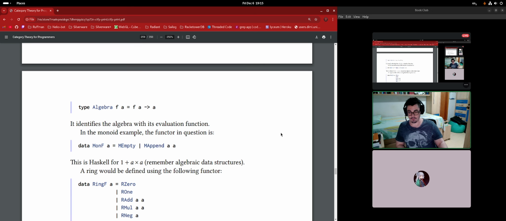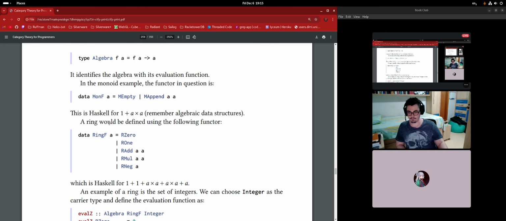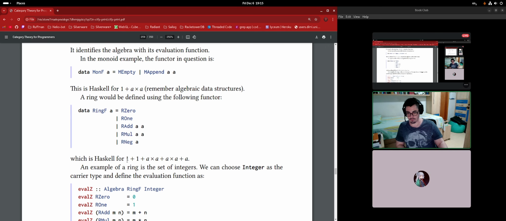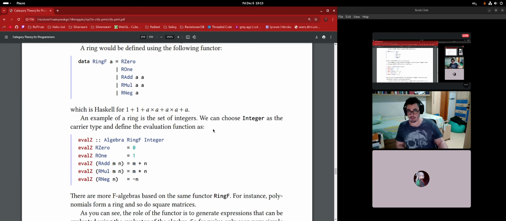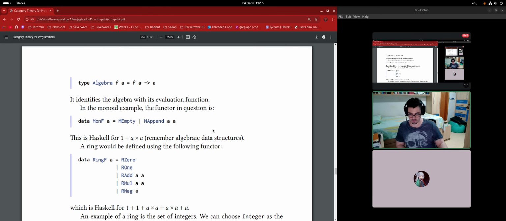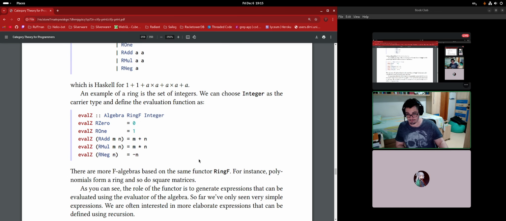So this is the monoid, right? So the MonoidF, it grabs the thing, and then it has the empty and the append with the two a's, and this represents this expression. Then you do the same with rings, and this represents this other expression, which are all connected. Remember, it all starts from the beginning with the separate requirements. Yep. Then we can choose integer as the carrier, just as an example,